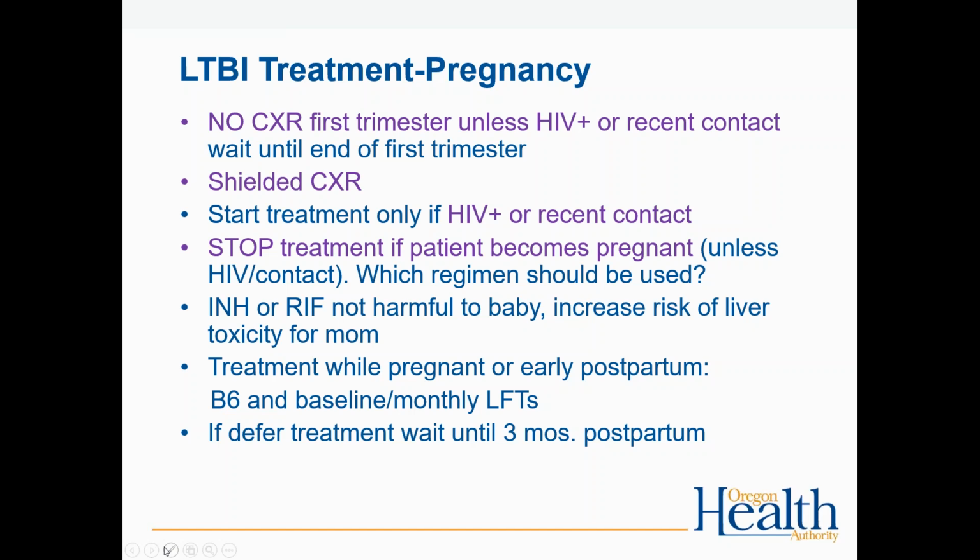Which regimen would you use if you needed to treat somebody who was pregnant? It's kind of hard. INH might be slightly safer. I forget which class they are, class B or C. Both of them have really low rates of teratogenicity or birth defects, and I think they're drugs we're comfortable using in pregnant women. It's usually in the context of active TB. Active TB, we use them all the time. So I think either one would probably be fine.